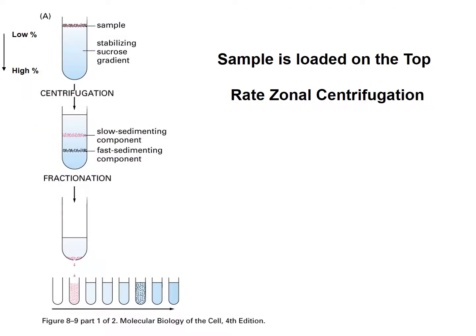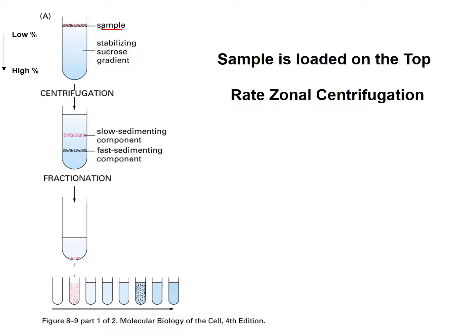So I think I'll just blow up this cartoon here. Rate zonal: the sample is at the top, and then you have a gradient. And you're saying, well, how do you get this gradient? Two ways, three ways actually. Some companies will sell you a centrifuge container, closed, that already has a pre-made gradient. You can buy a machine called a gradient maker. You add a certain high density sucrose, and it will mix it with the buffer and form a low to high